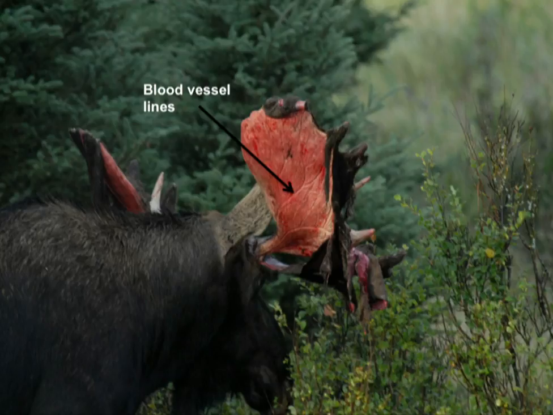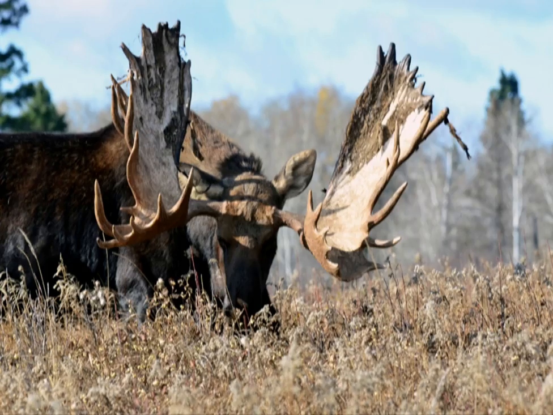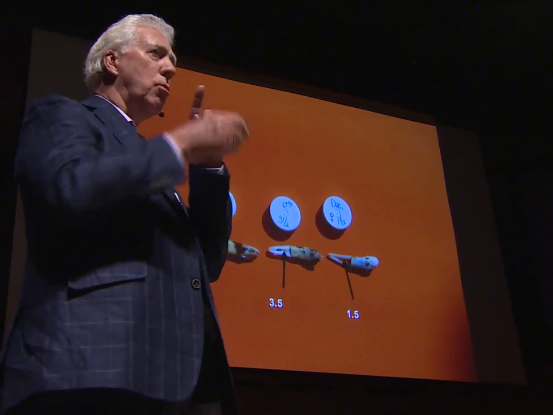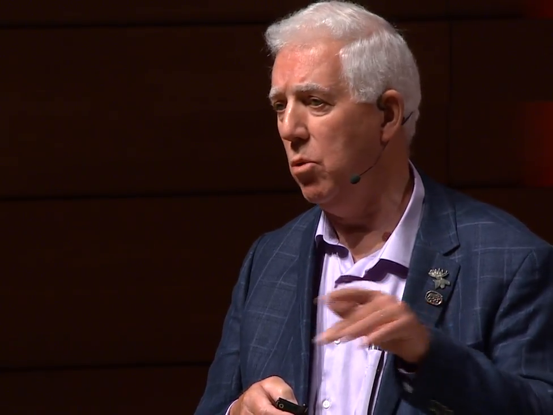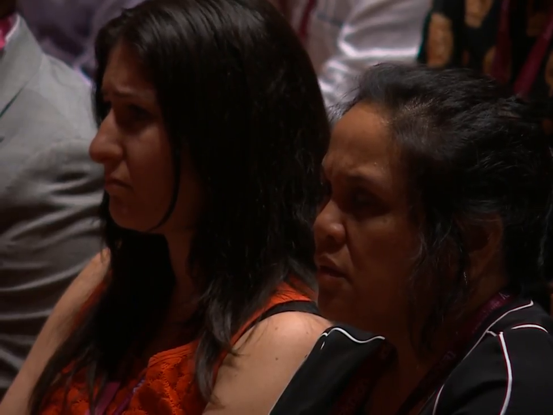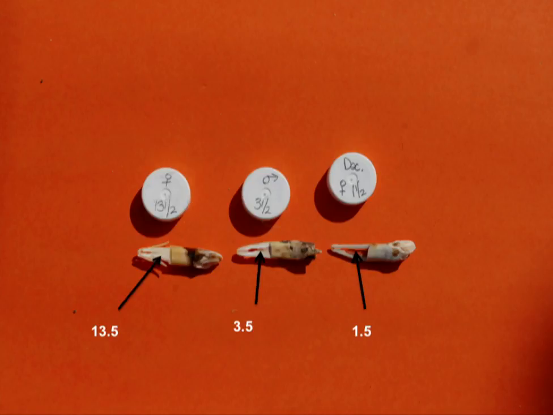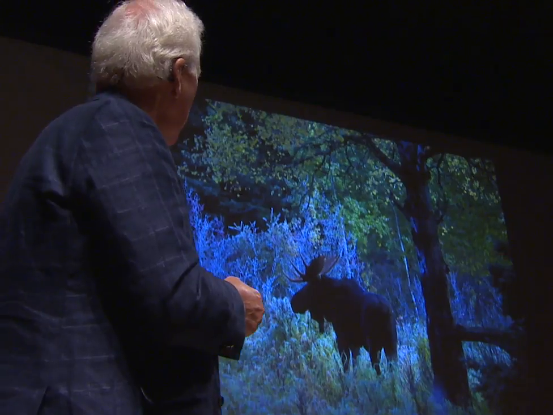And you can see on the back of the antler here the bloodlines that bring all this nutritional growth to the antlers. And this is what they look like at the end of the velvet shedding period. And this is how we tell the age of these animals. We grind them between two grindstones and count the rings on them just like you do the rings on a tree. We usually count the dark lines, it's easier to see. The dark line is winter growth period, and the light translucent line. And you can see as they get older, the center part here fills in with cementum.